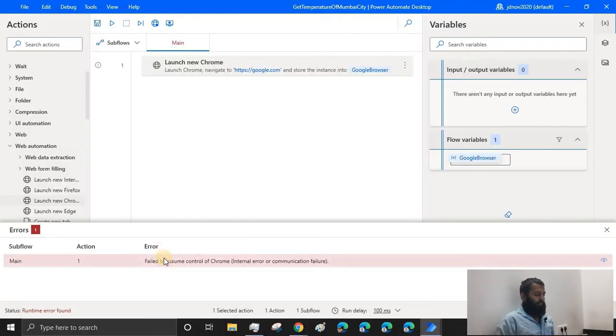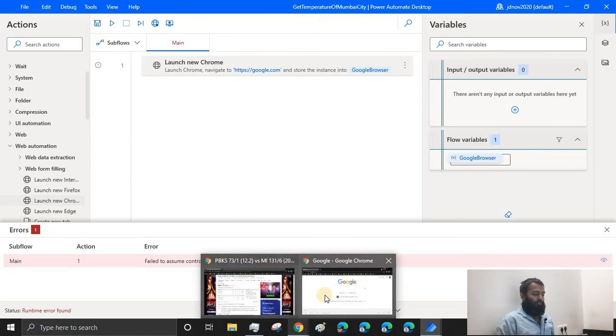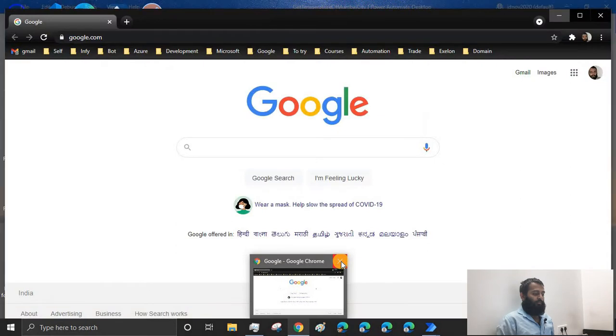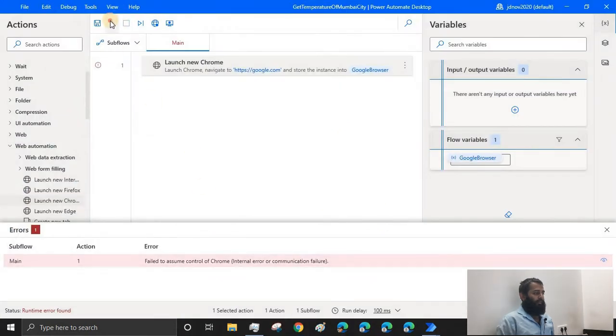As you can see, we have an error over here. It tells that fail to assume control of Chrome. If you ever get this error, that means you have two Chrome windows open and Power Automate Desktop cannot identify which one to take. Yeah, so I have these two windows open. I can close both the windows and now I can run again.